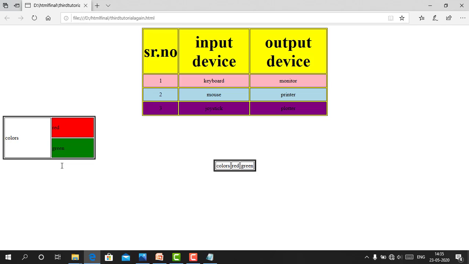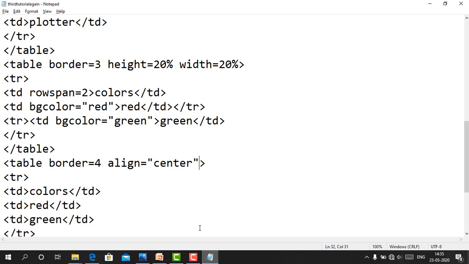F5. Okay, now the color is in the first row and the red should be in the column section. So we will divide the color into the column span. Okay, so color should be in the column span. Where is the color? Color TD colspan equals to, in double quote, 2.